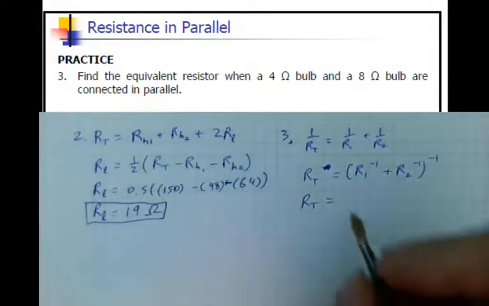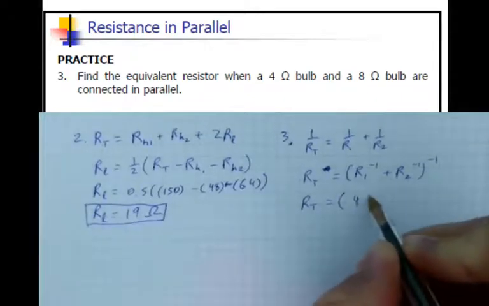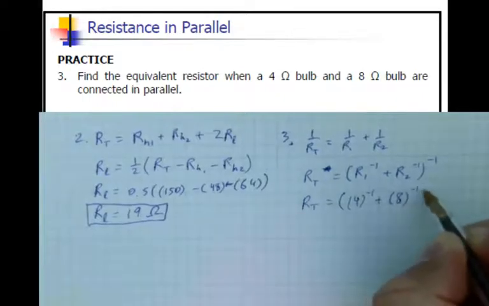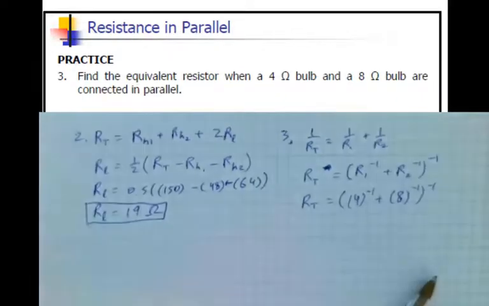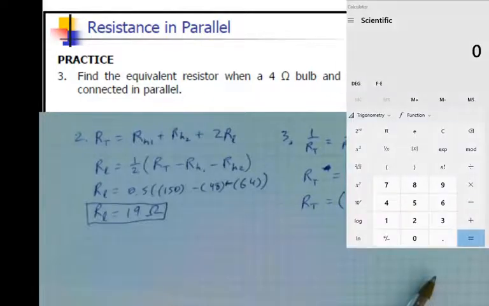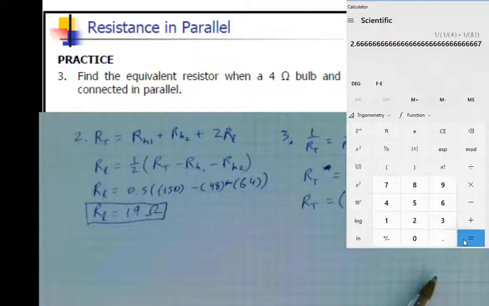And in this case, it would be written as 4 to the negative 1 plus 8 to the negative 1, all to the negative 1. Lots of calculators nowadays have a reciprocating button, and I will show you how to use it in this case. You may have a reciprocating button like this, or you might have an x to the negative 1 button, but they're both the same. Here we have bracket 4 reciprocated plus 8 reciprocated. Close the bracket, reciprocate that, and we're left with